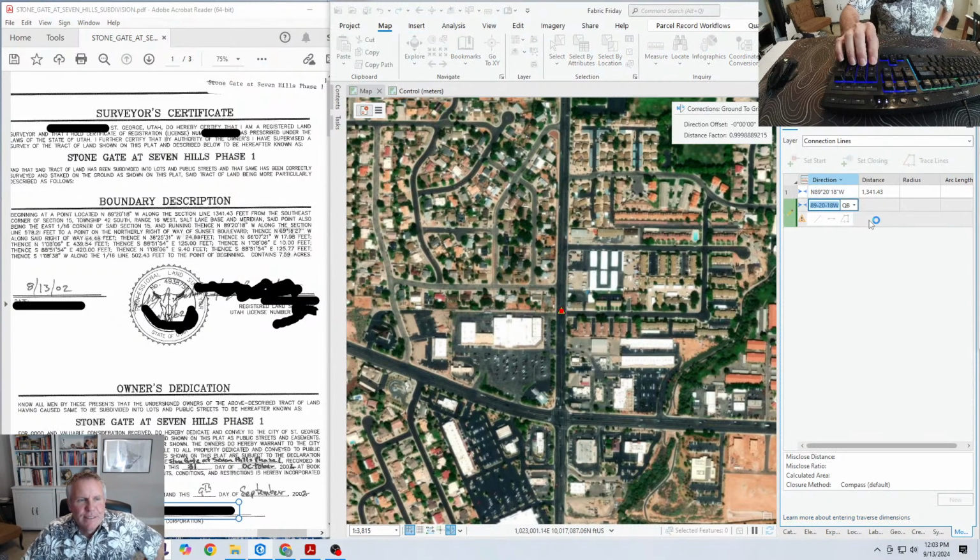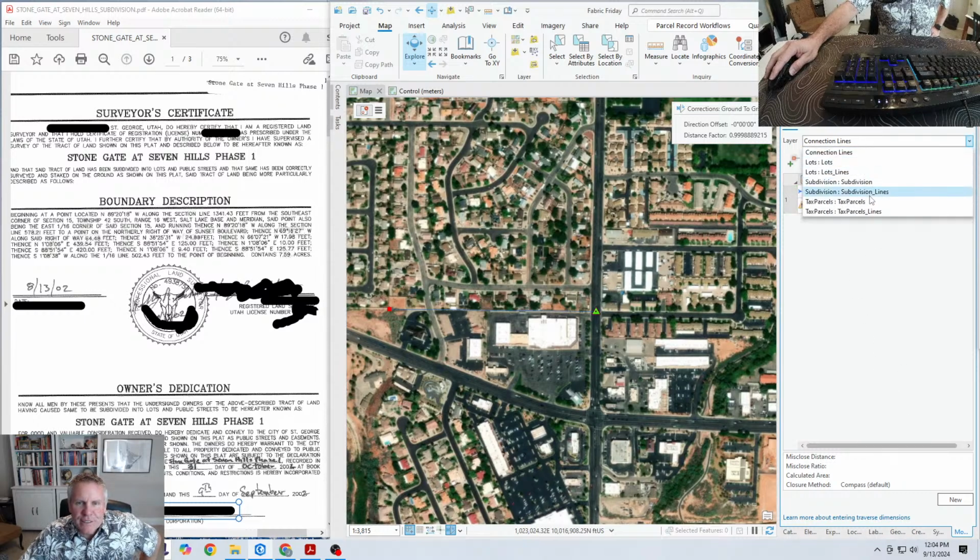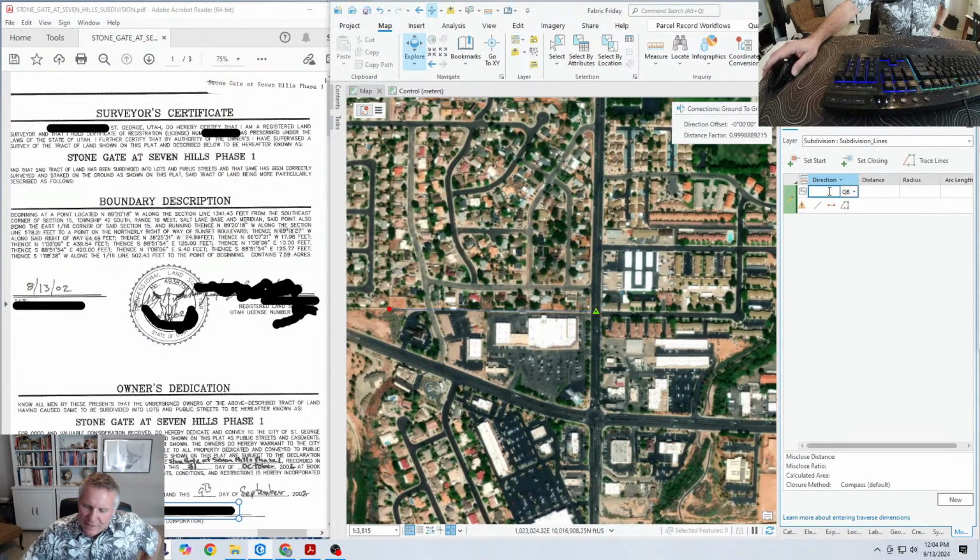1341.43. I don't know if you see, I've got a keyboard camera up there. You can see my fingers doing their magic on the number keys. So now I just hit start new, and I'm going to change that to subdivision lines and then start going. I'm trying to get this done in the hour, so I hope I get it done. So running thence 89, 20, 18 northwest,